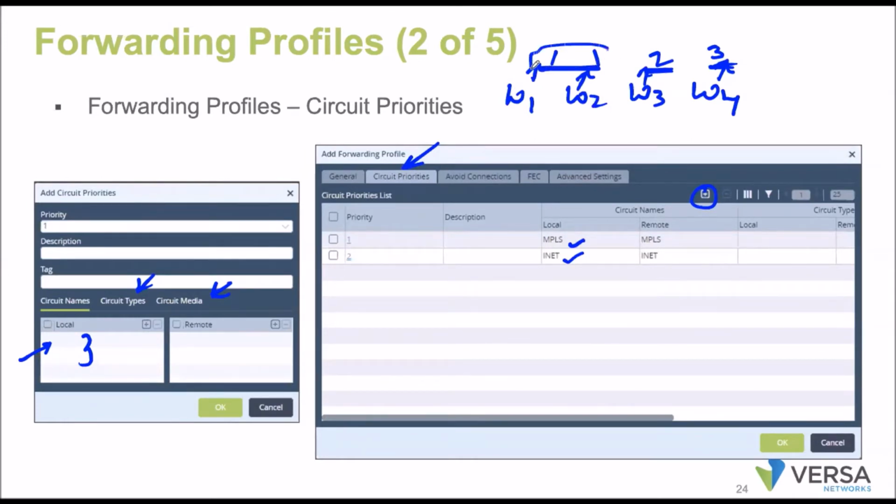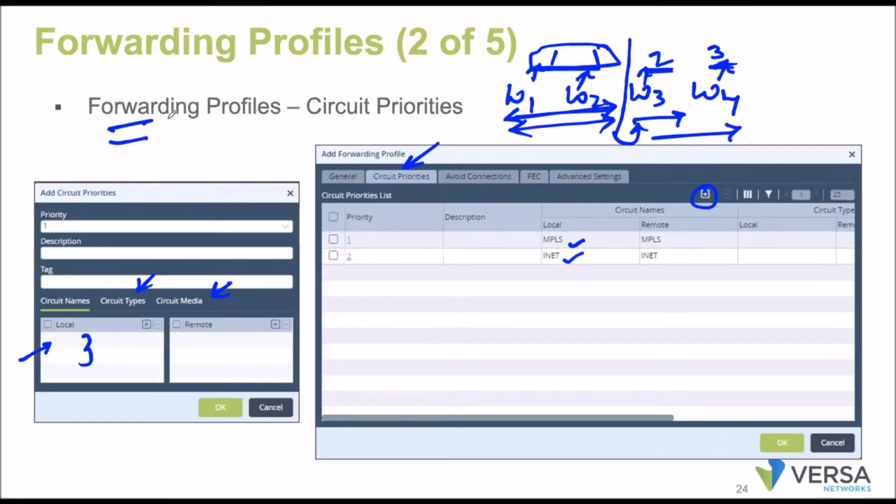If I select both the WAN circuits with the same priority, there is a chance of load balancing between these two links. Until both the WAN circuits fall out of the SLA, the next WAN circuit will not be used. It's not that the interface has to go down; the SLA has to be violated. If and only if the SLA is violated, then immediately it starts using the other WAN circuit as well.